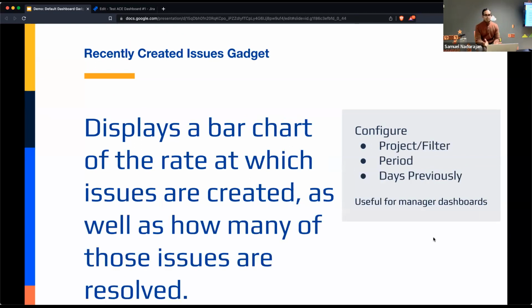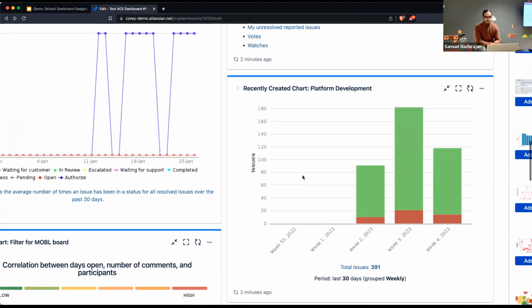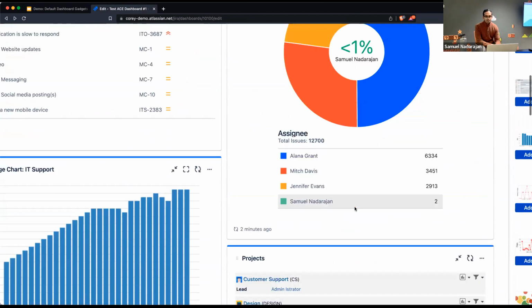The recently created issues gadget will display a bar chart of the rate at which issues are created, as well as how many of those issues are resolved. So kind of along the same lines as that created versus resolved gadget that we were looking at earlier. But it will render this in a bar chart form. If we take a look at the configuration for this,